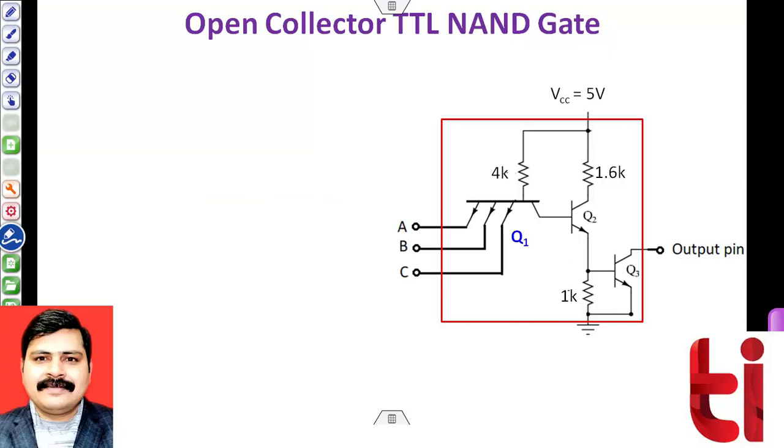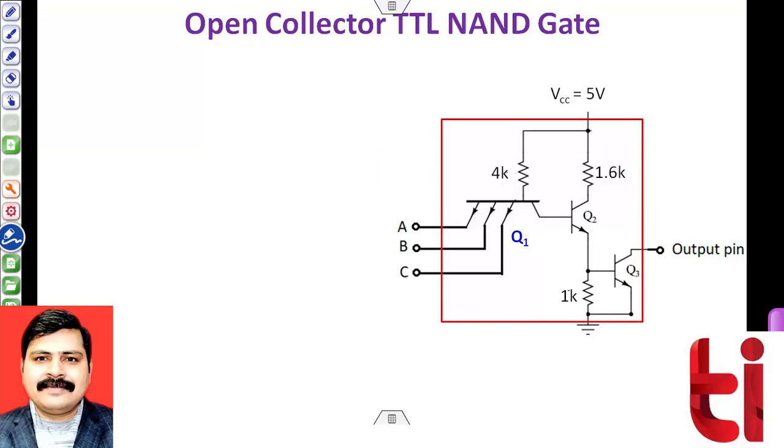So this is the circuit diagram for the designing of NAND gate, and here you can check there are total 3 transistors. Inputs have been connected to the various emitter terminals of transistor Q1, like in this figure, A, B and C is shown. However, it depends upon the fan-in. It is not restricted that the design is possible for 3 inputs. It will depend upon the applications and what is the fan-in requirement of the gate.